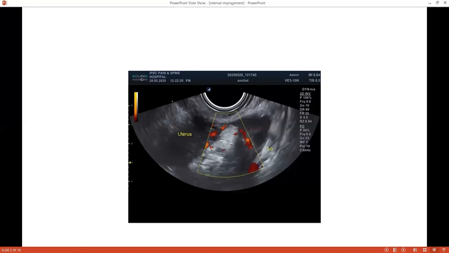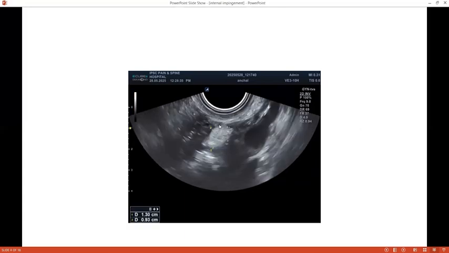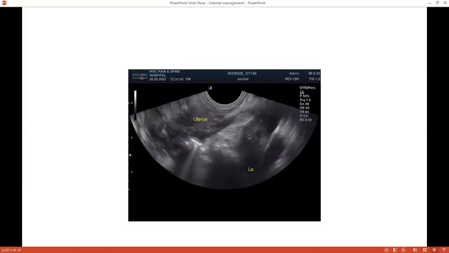So here you can see that this is a transvaginal scan. You can see the uterus, the left ovary, and between the uterus and the left ovary, an echogenic mass was seen, which also showed some increase in vascularity. In a particular sequence, it showed a rounded structure giving the appearance of a dermoid, but on continuous scanning, I could see that this mass could open up very well and was connected to the bowel loop lying in the